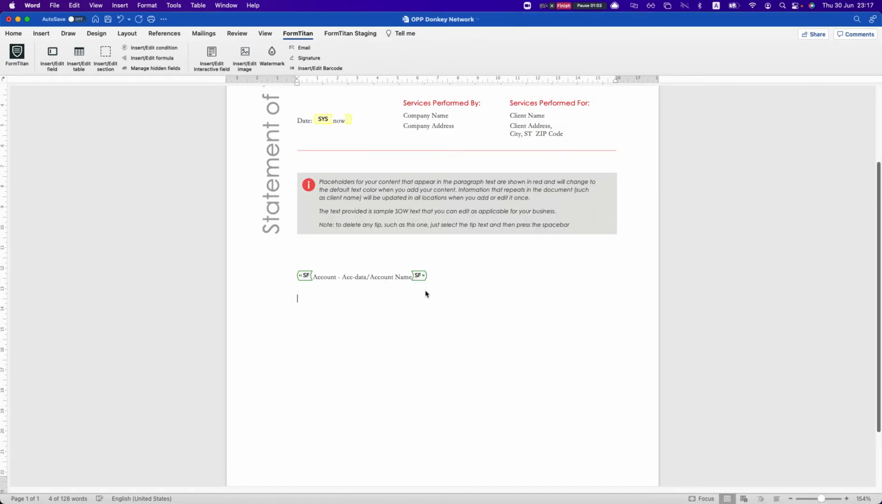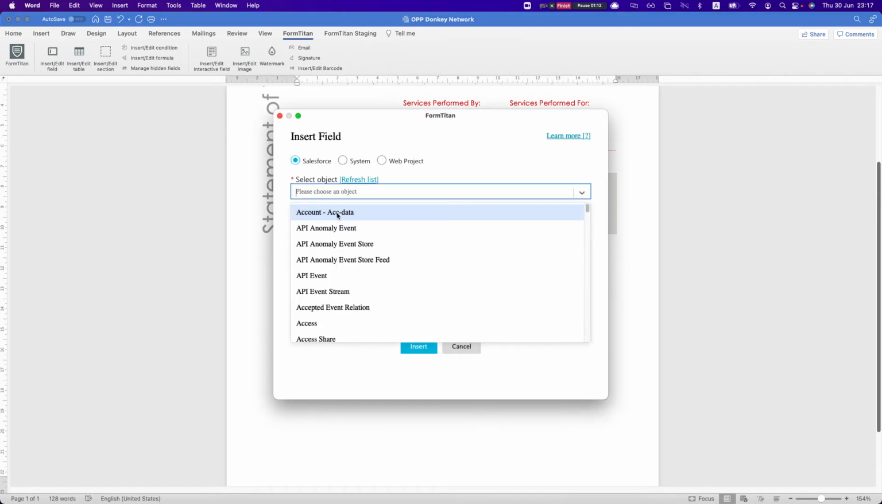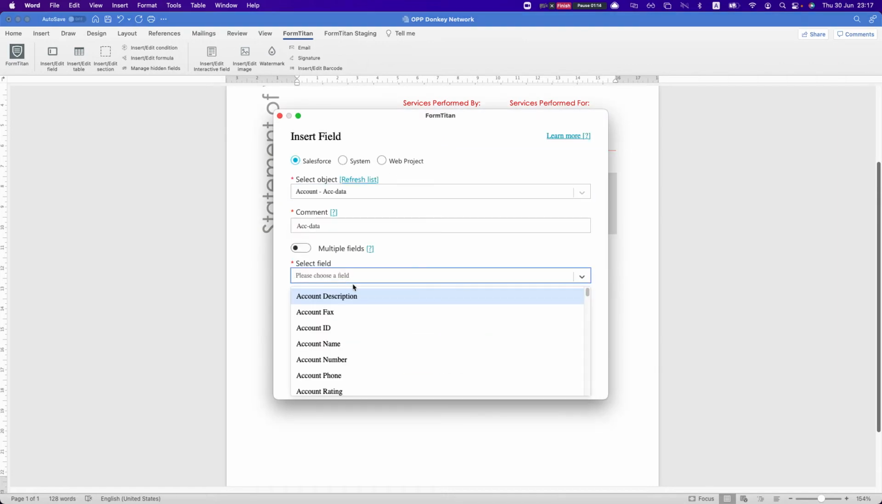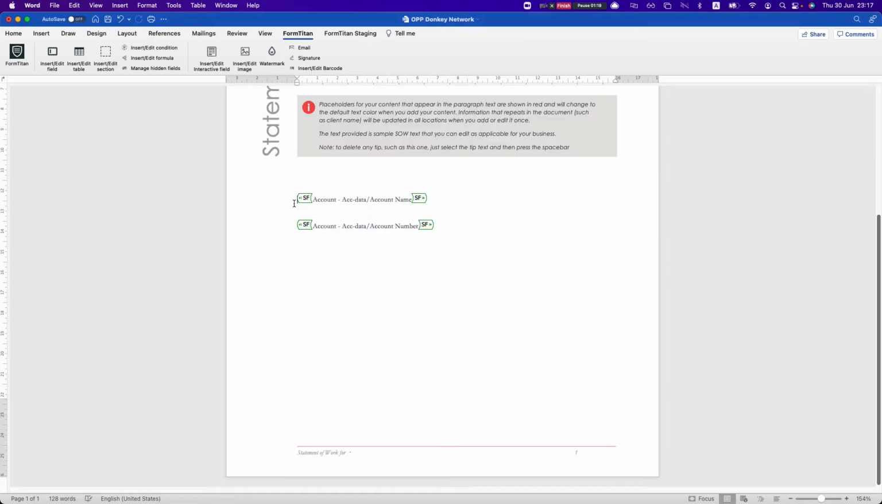And now let's say we want to bring something directly from the form. Let's put in another field from the account. We'll say the account number. Okay, and that will be account name, and that will be the number. Okay, that's cool. Now we want to bring something, so that we'll get from Salesforce, and we want to bring